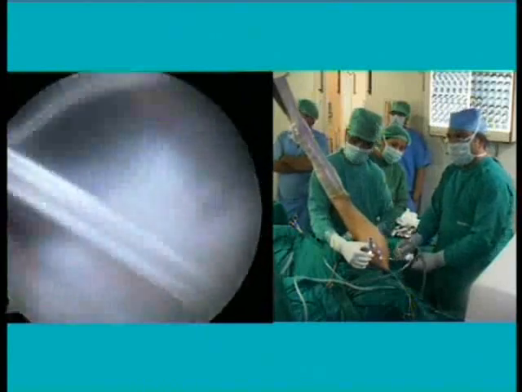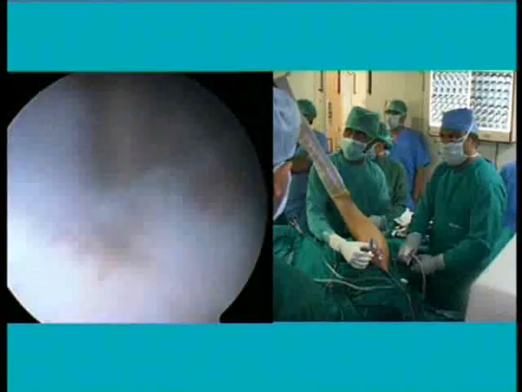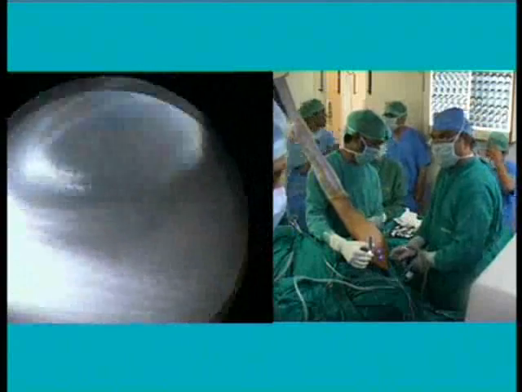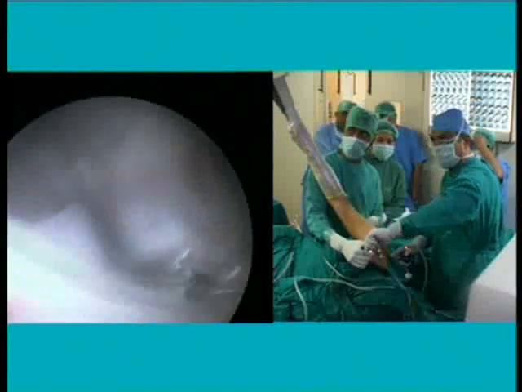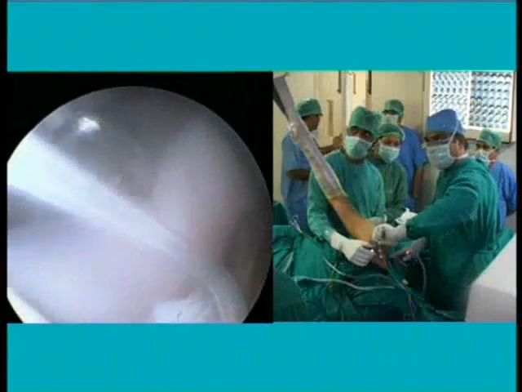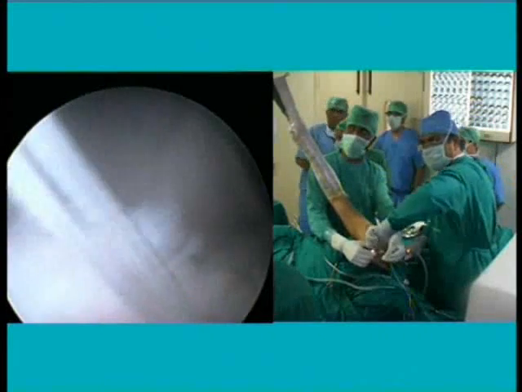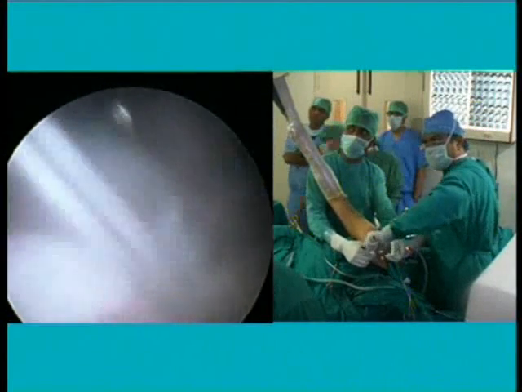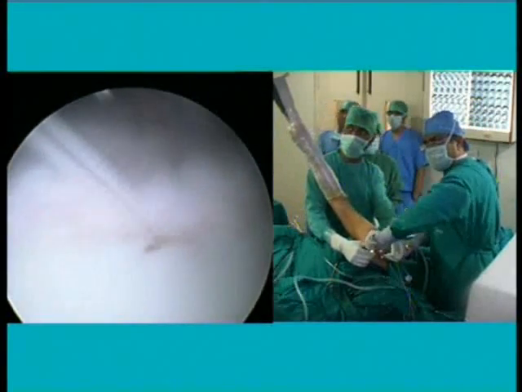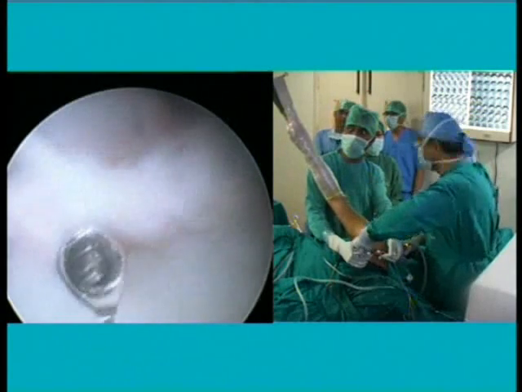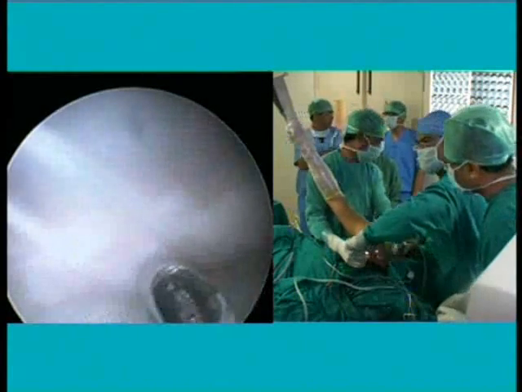The scope is through the standard posterior portal, a little bit lateral and superior. This anterior portal is made a little bit superior so that the shaver is coming at an angle. That's the biceps, that's the subscap, that's the small MGHL, and the procedure is being started